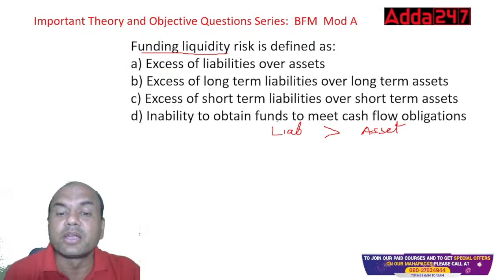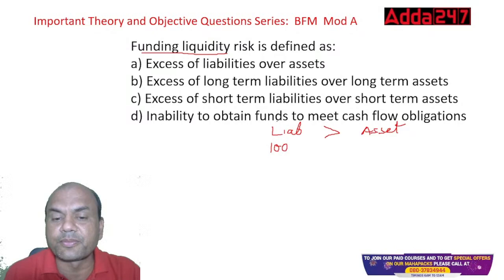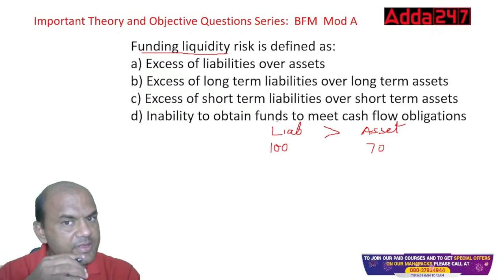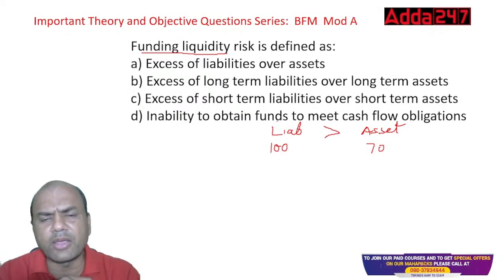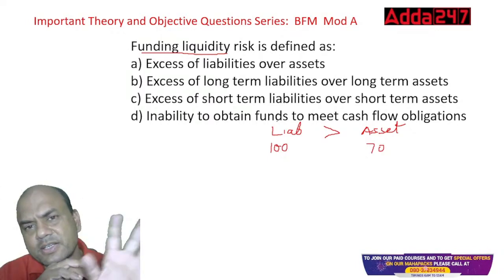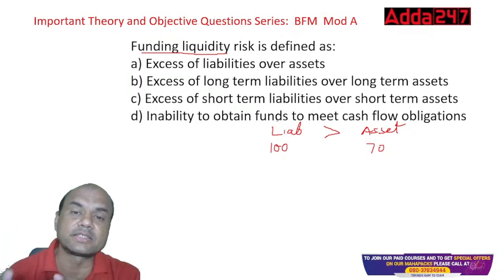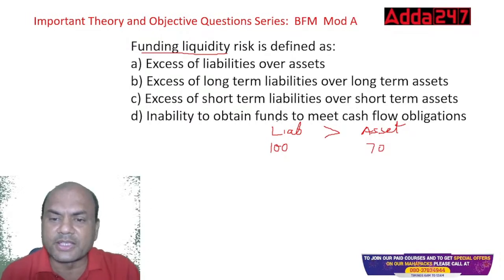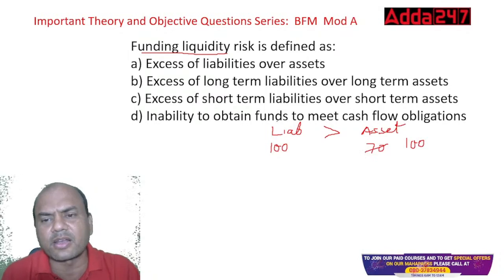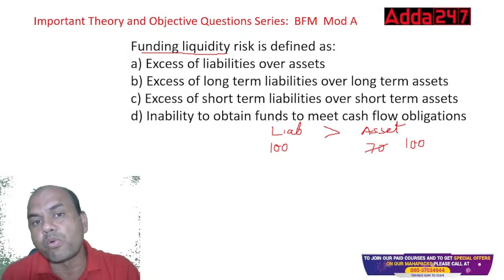Whenever I have deposits of, let's say, 100 rupees, and loans of, let's say, 70 rupees, will it be a problem for me as a bank? Do I have a problem in this case? Just check your bank's ratios, your bank's loans and deposits ratios. Is it always 100? Let's say this is 100, this is also 100. Is it always 100? No.